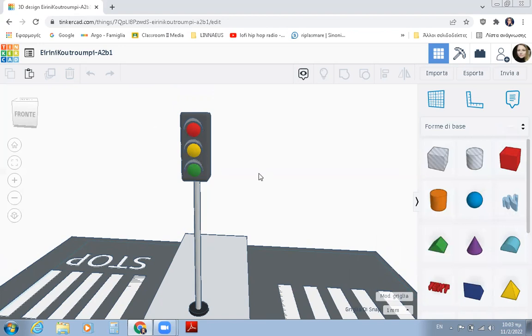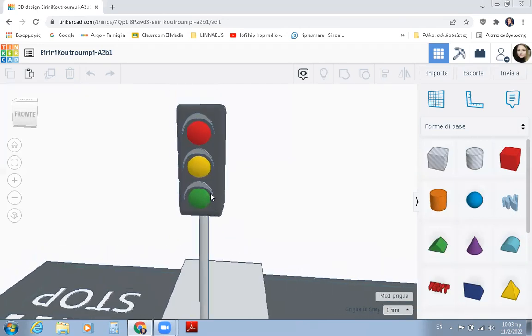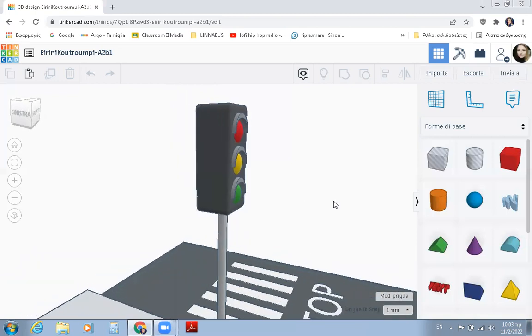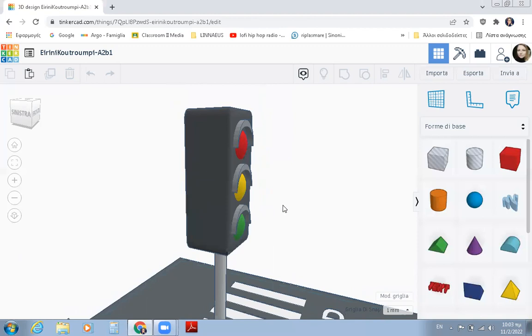I colored them with the 3 colors of the traffic light, and I posted them vertically across and within. Let's see how. Across and within